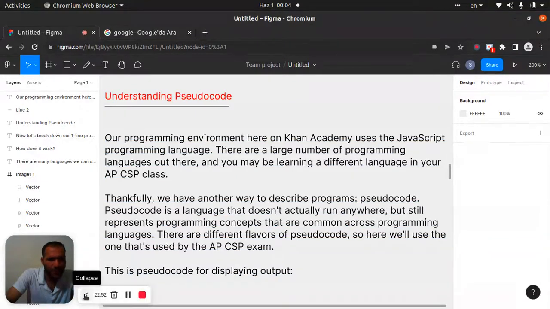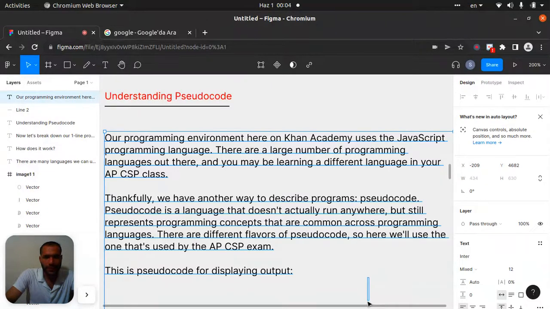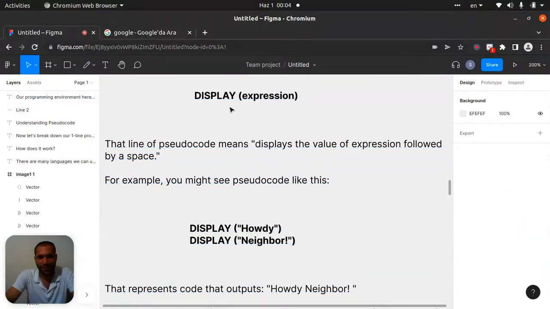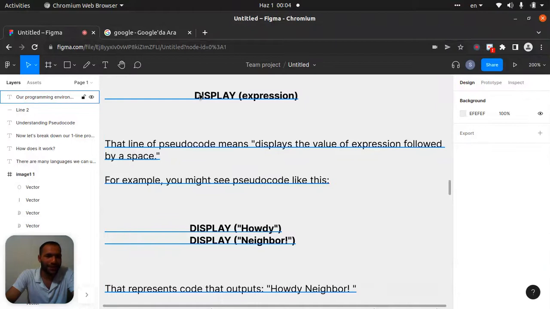Let's look at what that is. Now, display expression. Our display will be like print or console.log or alert.